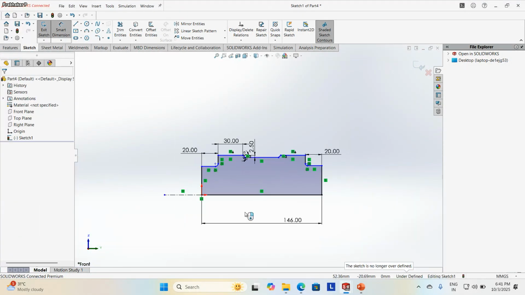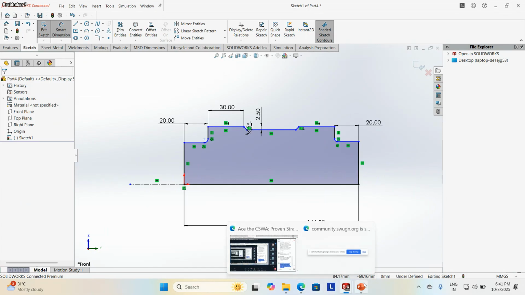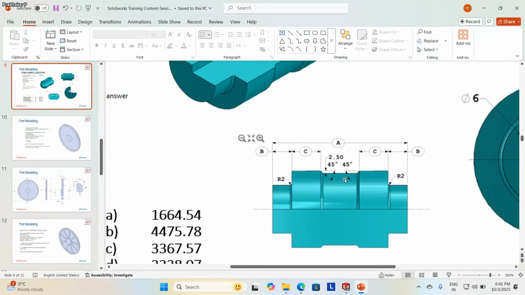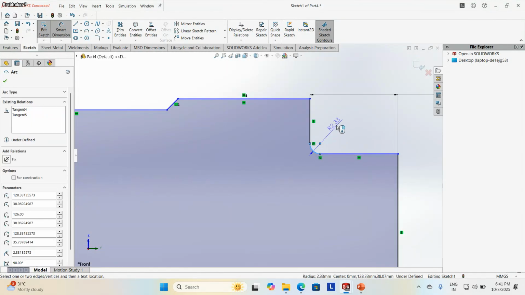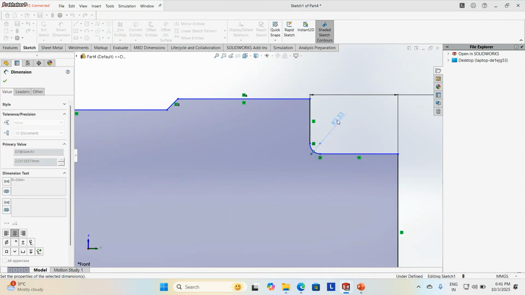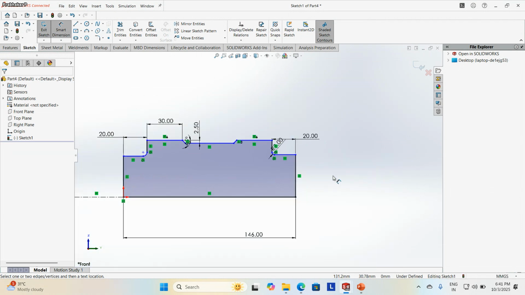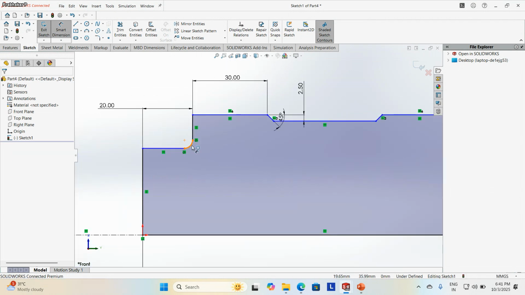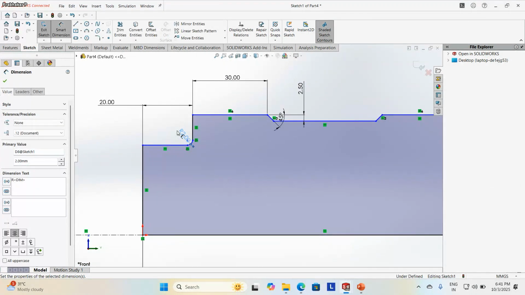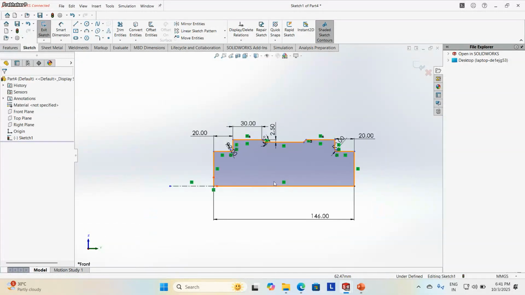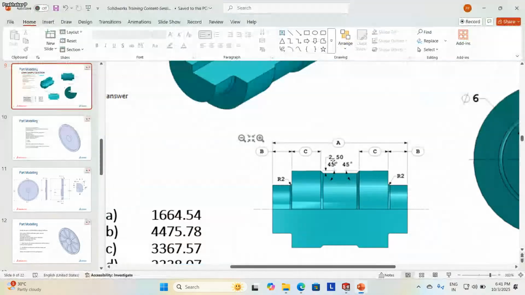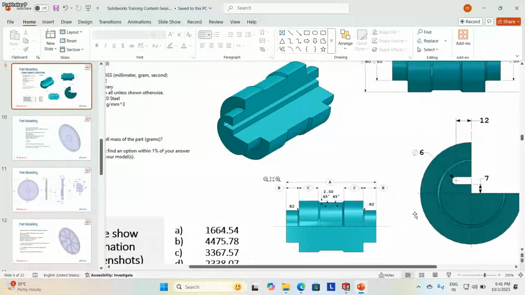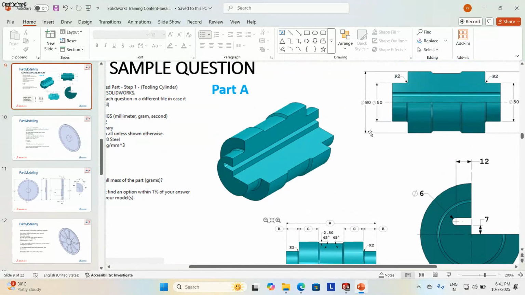Okay. So now I go with the diametrical value. The radius is 2. The radius I will also provide. Automatically tangent constraint is being taken care of. I can either give equal or specify the value. Don't worry, whichever is convenient, you can take it forward. Then I go to diameter value. Diameter 50, diameter 80. This is also 50.